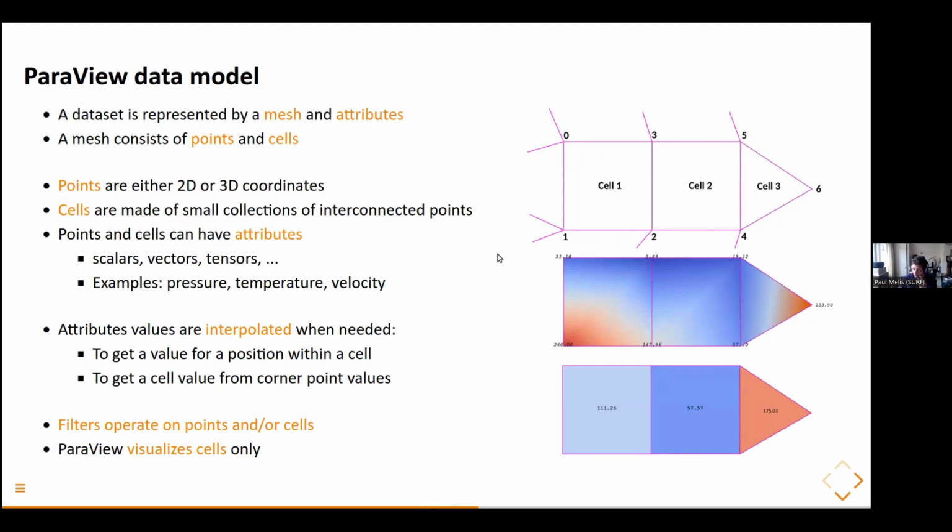Both points and cells can have attributes. For example, you can have a temperature or a pressure value at point locations. And then within the cell, interpolation will happen based on the corner values that are there. Or you can have values associated with cells. So you can have a pressure value, a single value within the cell, and a different value in the neighboring